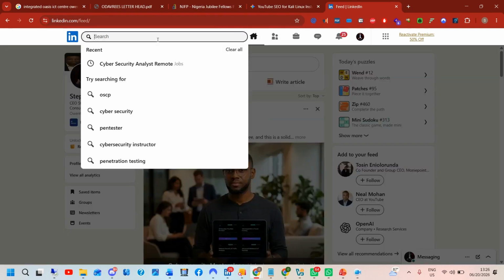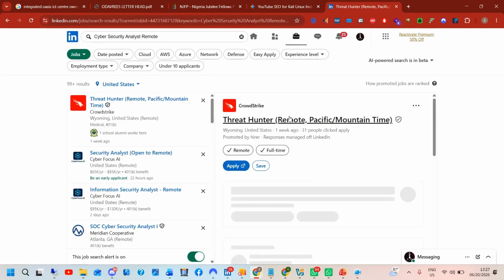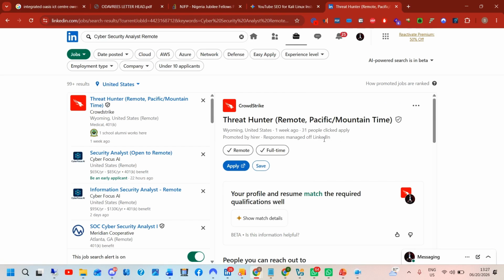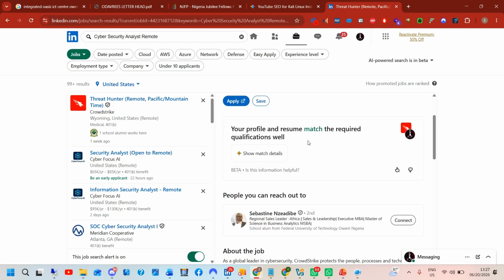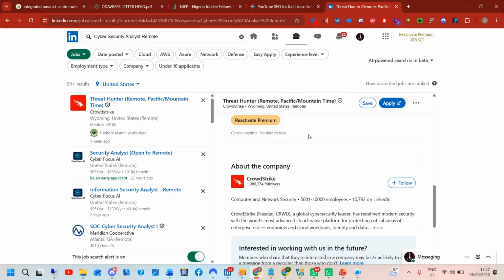Okay, let's just say cyber security remote job, just for instance. All right. So now it says 1 week ago, 31 people clicked apply, promoted by hirer. Do you understand? What this simply means is that there are people that already have their CV on LinkedIn. Whenever jobs like this pop up, they just click on apply. And now,